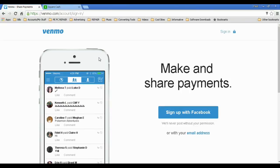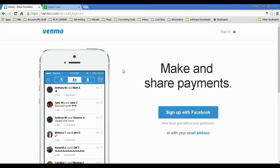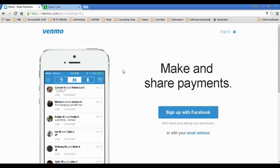The next one is Venmo. It's actually been out for a couple years now, but I didn't even start using it until recently, simply because a lot of contacts that I have use Venmo. And people are lighting fireworks outside of my house right now on July 11th. So, with Venmo,